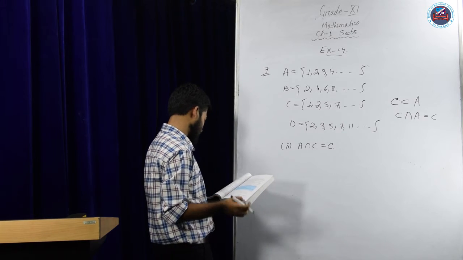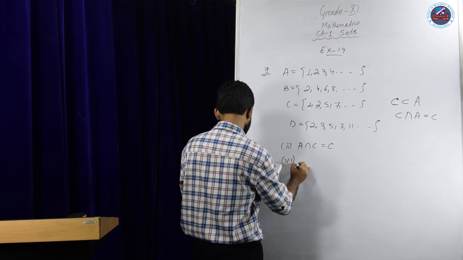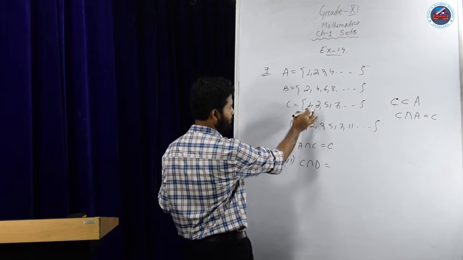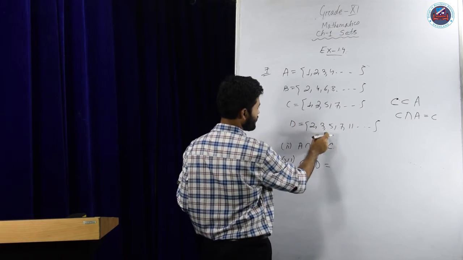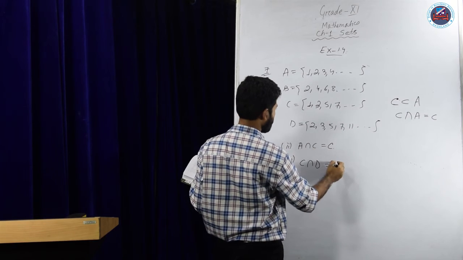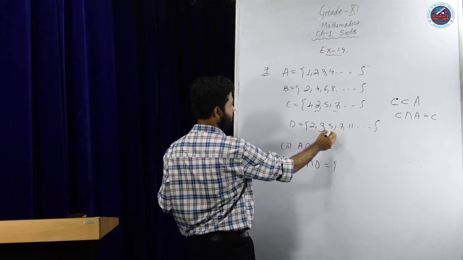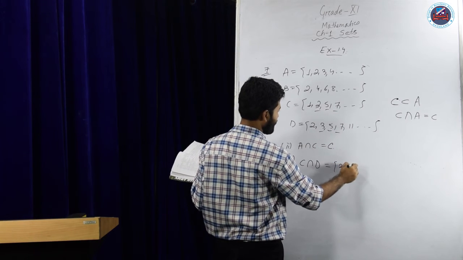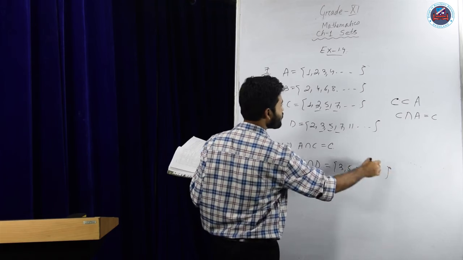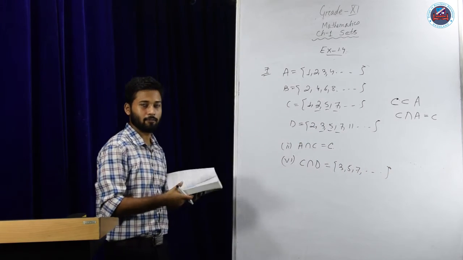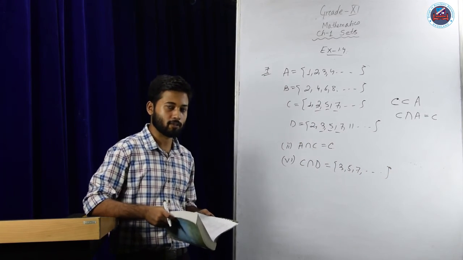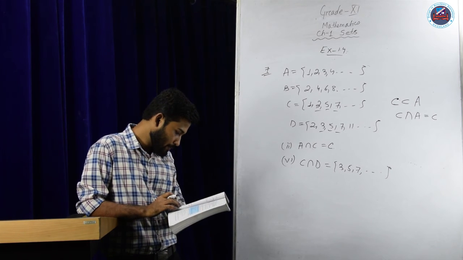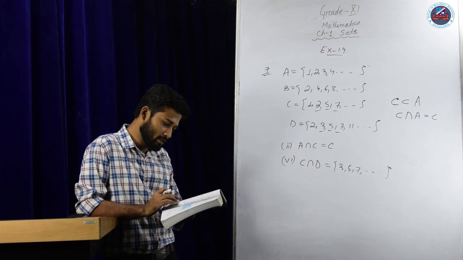So let us see question number 6, that is C intersection D. So what is the intersection D? The C is 1, 3, 5, 7 and D is 2, 3, 5, 7, 11. So 3, 7, 3, 7, 5, 5. These are common. So we can write 3, 5, 7, and a few more are there because we know the majority of the prime numbers are odd. So clearly we can find some intersections. Now the rest you can do yourself.